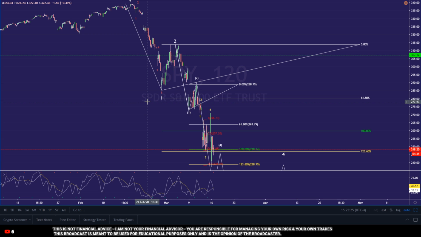So do I think all of these markets are correlated? In a sense, yeah, I do think they are. And the reason why I say that is because this is affecting the global markets. This isn't affecting just the United States. This is affecting Italy, France, Germany, China, Australia, the United Kingdom, United States. This isn't just something that's tied to one country. This is affecting the entire world. So therefore, yeah, I think all of these markets are correlated in the fact that the whole world is being affected by this. And so that's why I'm saying it's probably a decent idea to just be sitting in cash